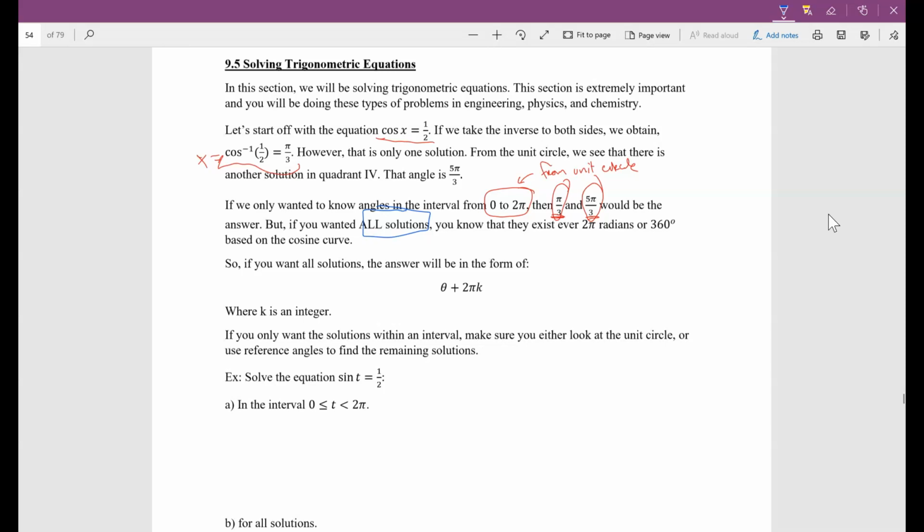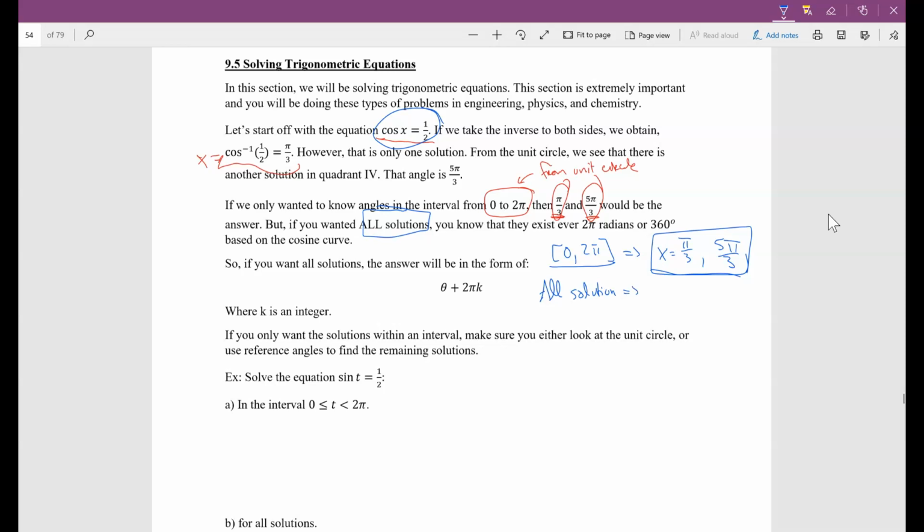For example, if you only wanted the interval from 0 to 2 pi, the solutions would be x equals pi over 3 and 5 pi over 3, and you're done. If I said I want all of the values for x that give me 1/2, then this would be the answer within the interval 0 to 2 pi. If you wanted all solutions,